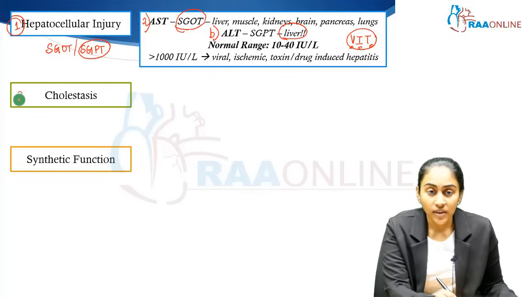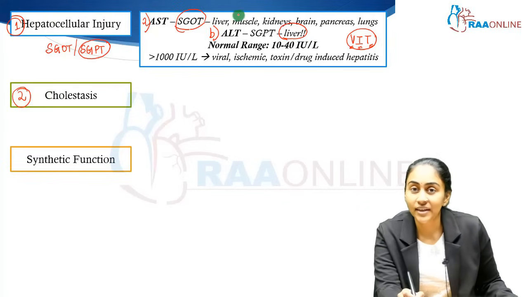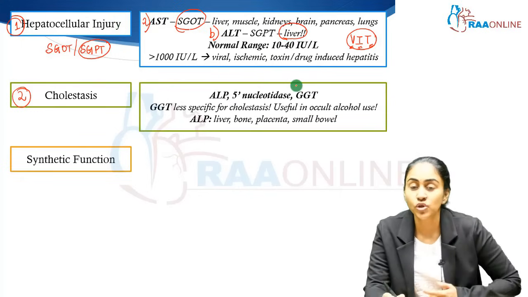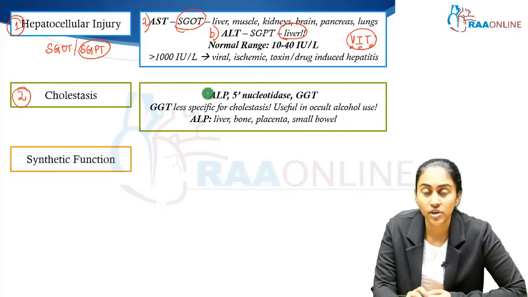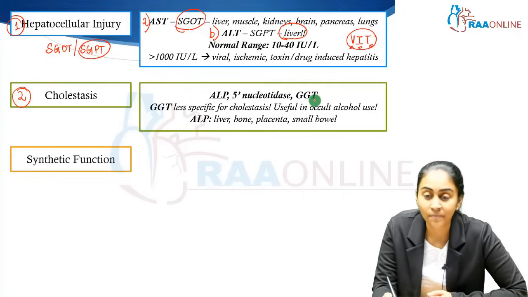Next, let's look at the markers of cholestatic injury. Now, if AST and ALT reflect hepatocellular injury, then obviously your alkaline phosphatase should reflect cholestasis. So, in addition to alkaline phosphatase, there are two other important markers for cholestasis, which are 5-nucleotidase and gamma-glutamyl transaminase, GGT. Now, between these three, GGT is less specific for cholestasis, but it is also useful in picking up occult